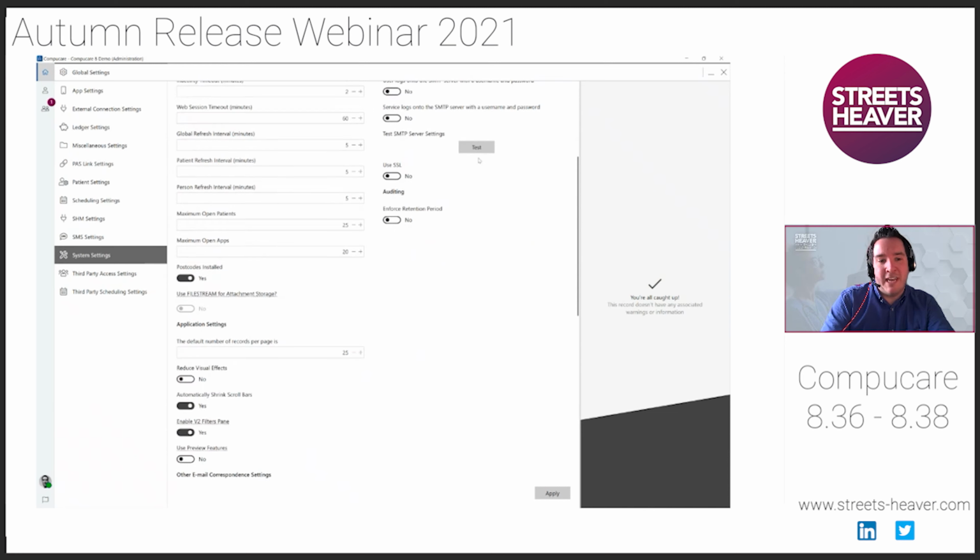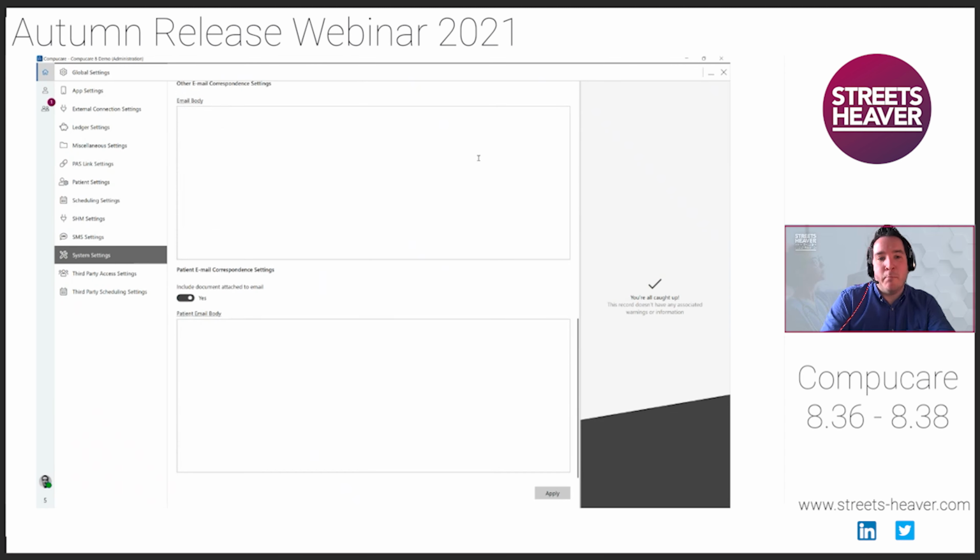And as I scroll down these settings now, I have a box here for patient email correspondence, and this basically says, what's the content of the email that gets sent to the patient? Now, previously this was just plain text. It looked quite bare and basic, and so what we've done is enable this box to have a little bit more formatting